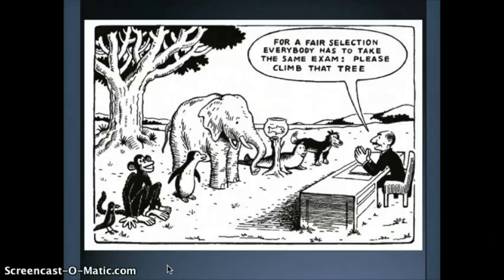In this kind of image, we try to represent how the other students from other places can't exactly get up the tree as fast or as easily as the ones that are from there. It's important to think this through as we are looking at global education because we are not trying to turn them into US citizens or US students. We are trying to integrate what great things they bring to the US educational system and use that as a growth tool for all members of an educational community.